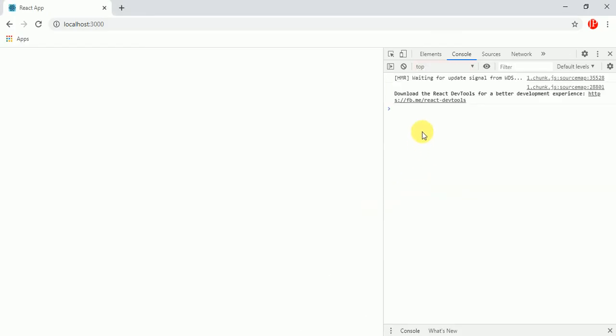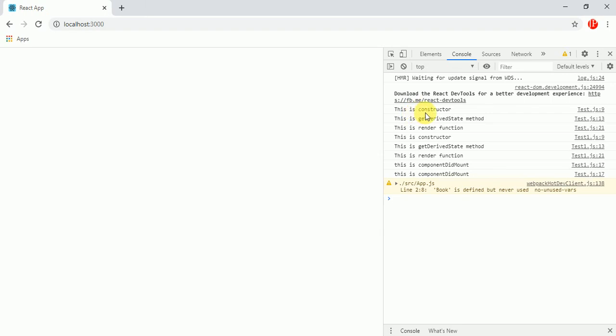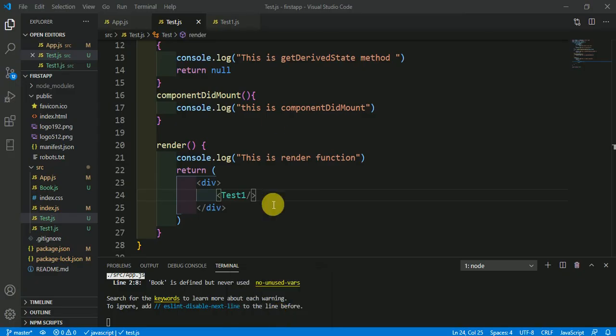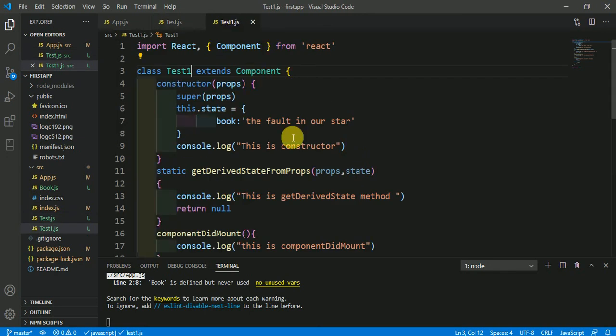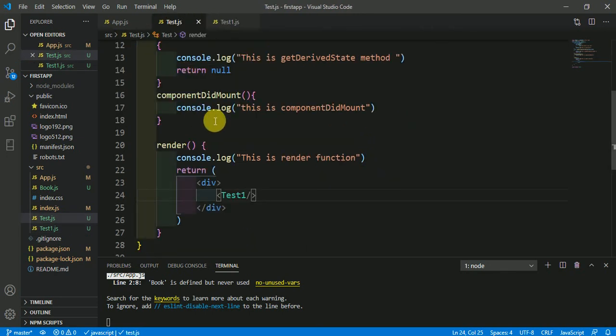Just see here, this is the constructor, this is the getDerivedStateFromProps method, this is the render function, and from here it is rendering the second component, Test1. And at the end it executes the componentDidMount function of Test. Means first it is executing all the methods of this component, then all the methods of Test1, and at last it is executing the componentDidMount method, because componentDidMount is made to be executed last. Hope you understood this video. Thank you.